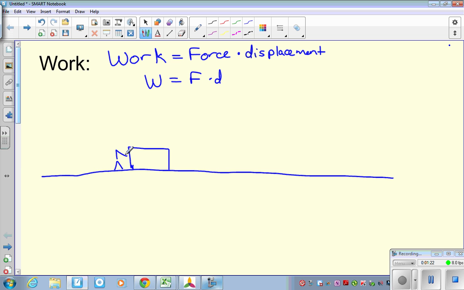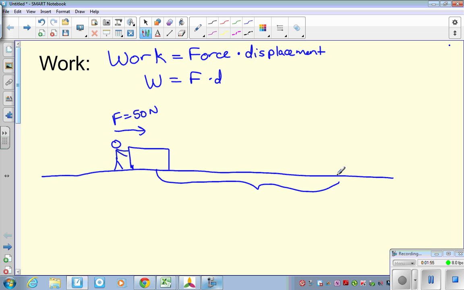So, my person has really long arms apparently. But if this person is pushing the box, and let's say that this box, it doesn't really matter actually what the mass is. We'll get to that when we talk about energy. But suppose my little stick figure man, woman, is pushing this box with a force of 50 newtons. And we're trying to push this box so that it moves